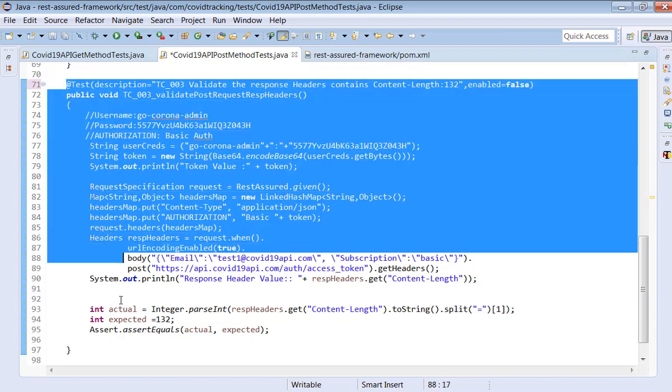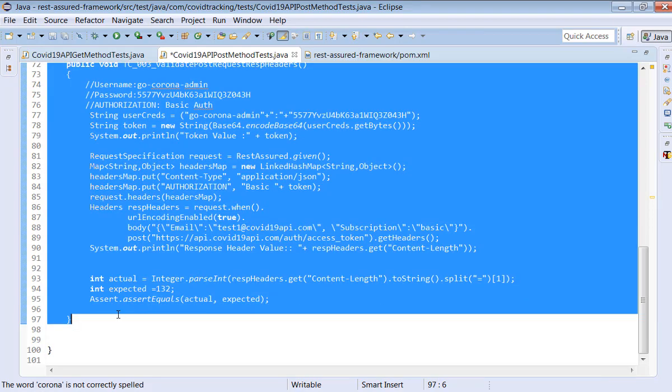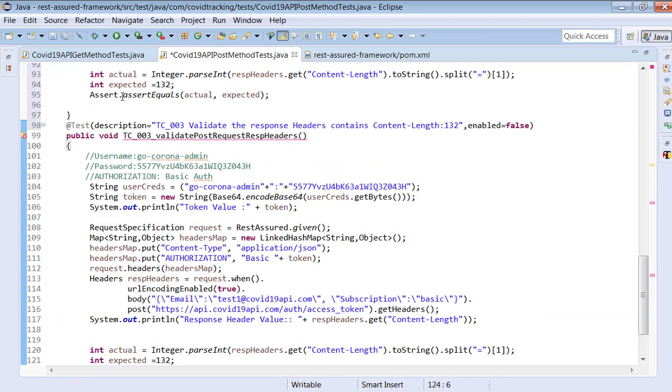We mark it as enabled equal to false. Let's go back to the fourth test case where we have to validate the 401 unauthorized. So let me put fourth here. Validate post response, say 401 unauthorized. We have to test whether we are getting this or not. So here, just put it here, validate the 401 unauthorized, code and the response. Okay, this one let's remove because we are going to execute this.